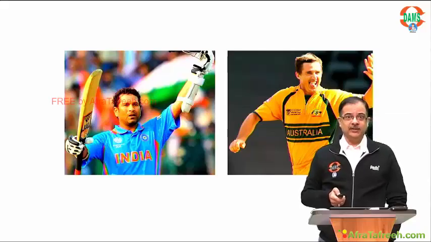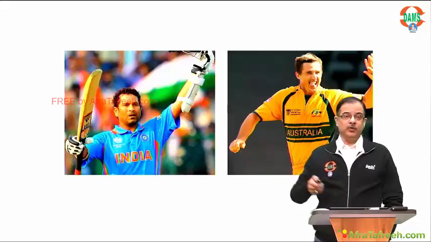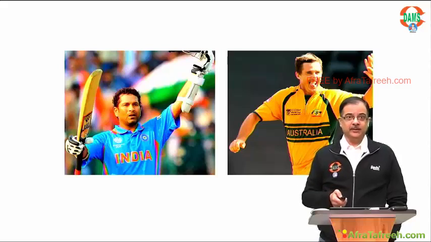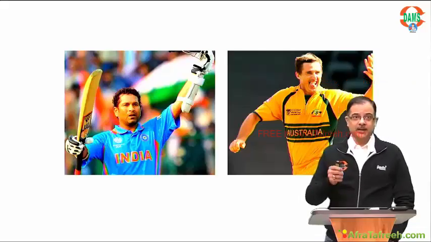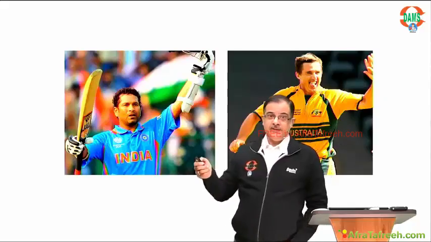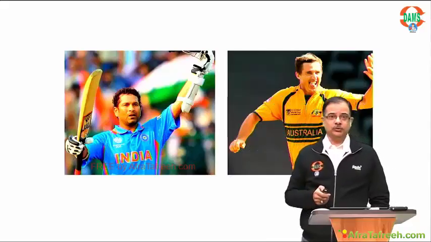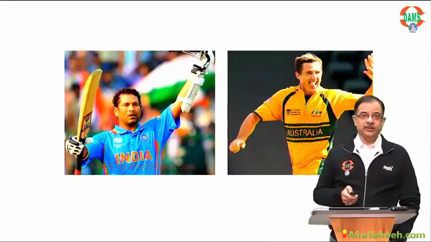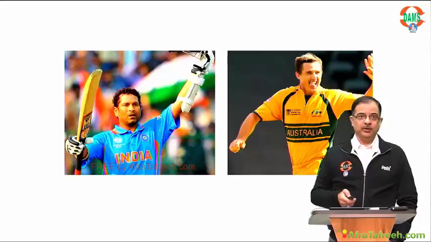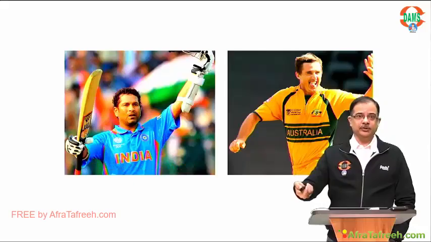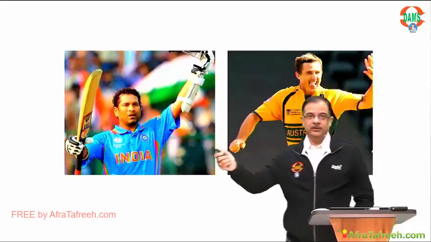After that match, they played against each other for at least 5-6 more years, and you will be guessing who won in the end, who got the success. Sachin Tendulkar has only one choice, that he will not be bowled out by Brad Hawks, while Brad Hawks has multiple choices: if I'm not able to take Tendulkar's wicket in this match, then maybe in the next or a subsequent match. So multiple choices versus only one choice.